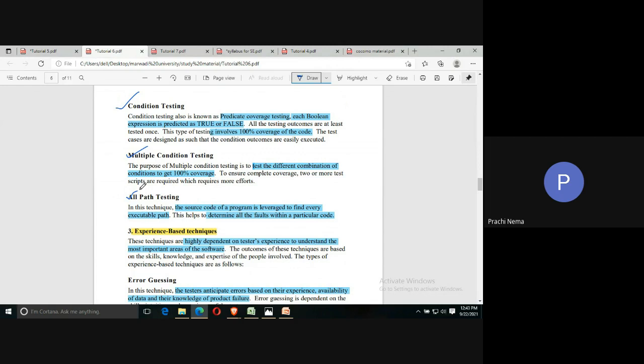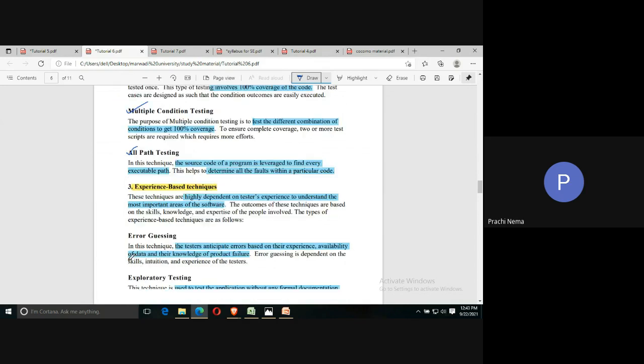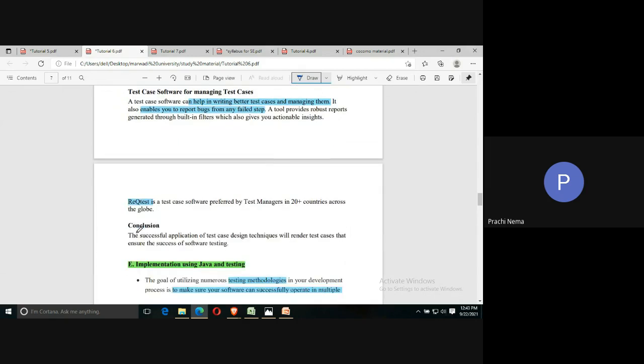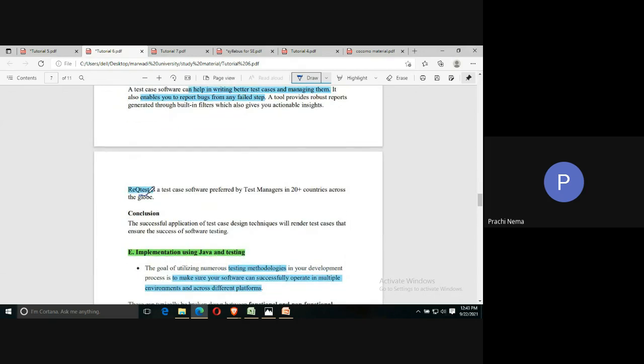test case design technique. And the third category, which was experience based technique, has two types of technique, that is error guessing and exploratory testing. These can be performed by experts. They have more understanding of the various areas of the software. So either you can use any one of these techniques, or simply use a tool which is available to design the test case for your software.